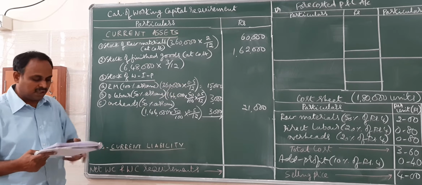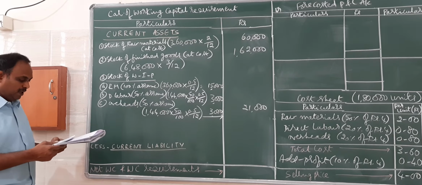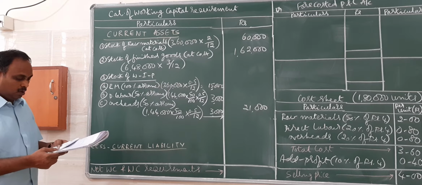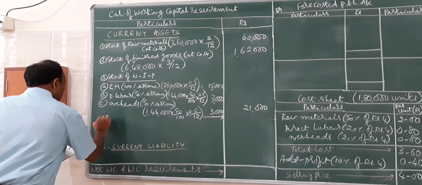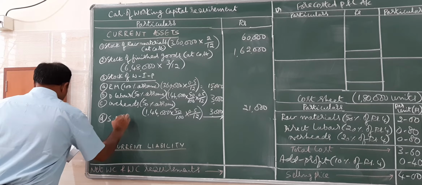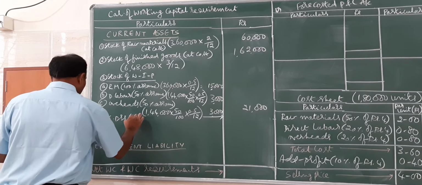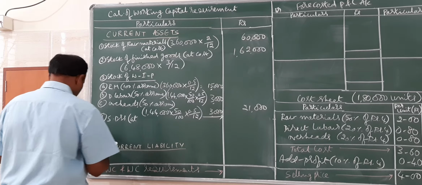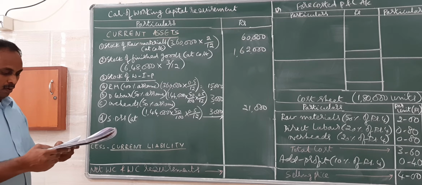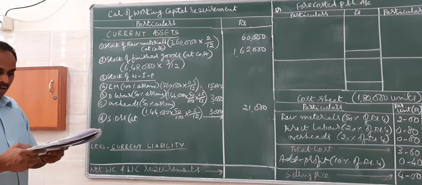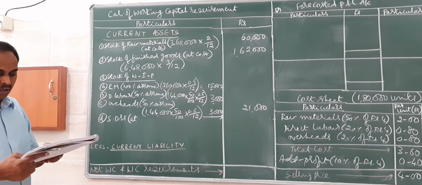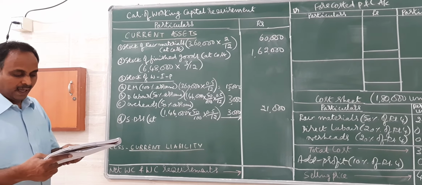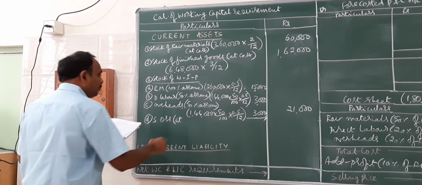So I have taken the amount straight away. Next information connected to G: credit allowed to customers is 3 months. So credit allowed to customers is sundry debtors. They have not told whether it is to be given at selling price or cost price. We have to find. See adjustment number G, calculation of debtors may be made at selling price.